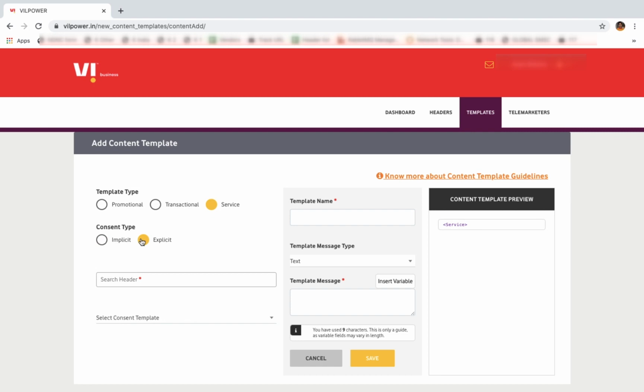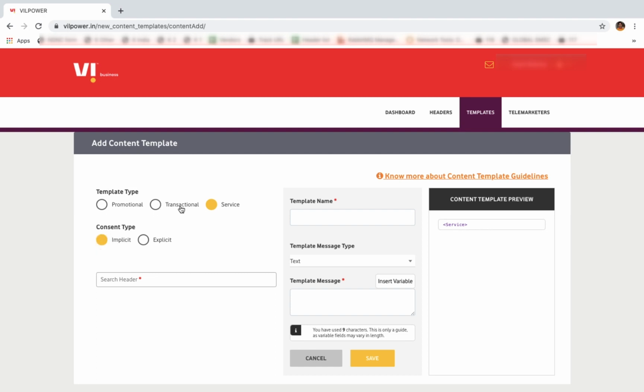service explicit. In case you want to send transactional or purely informative messages like OTPs, alerts or reminders, purchase confirmations, order status, you will choose service implicit category. In case you have any doubts in both these categories, you can apply your content in both the categories. If you receive an approval for both, you will use the template ID which you have received for implicit category.